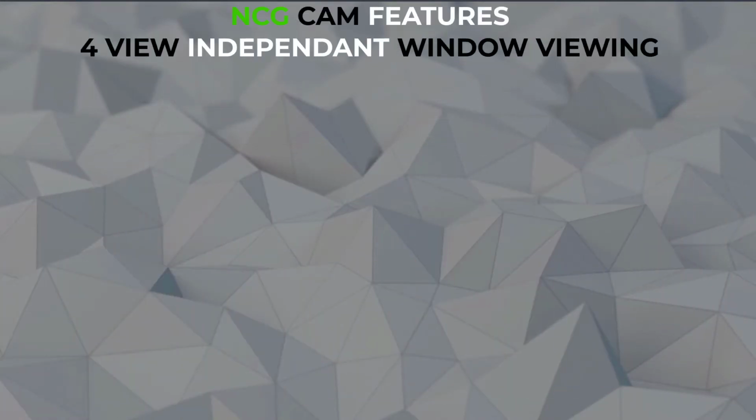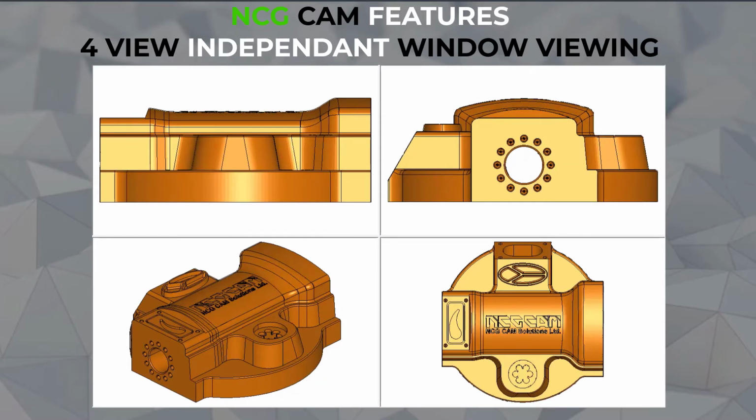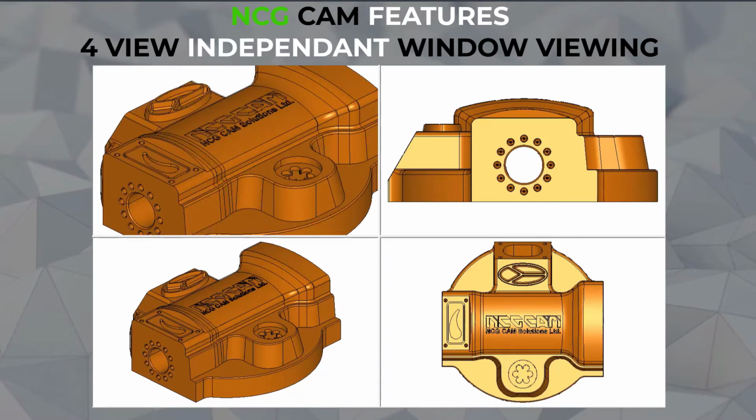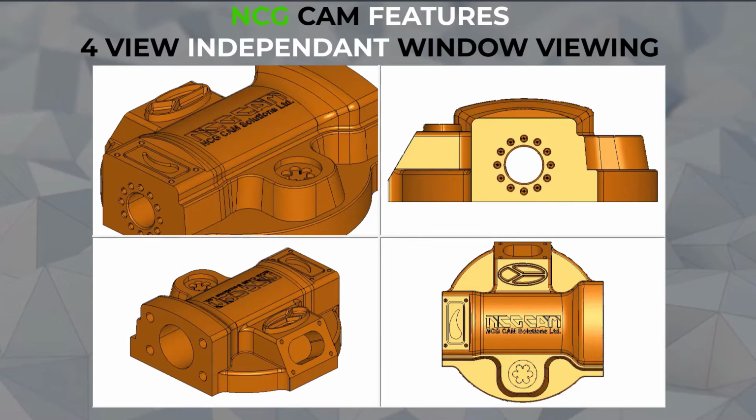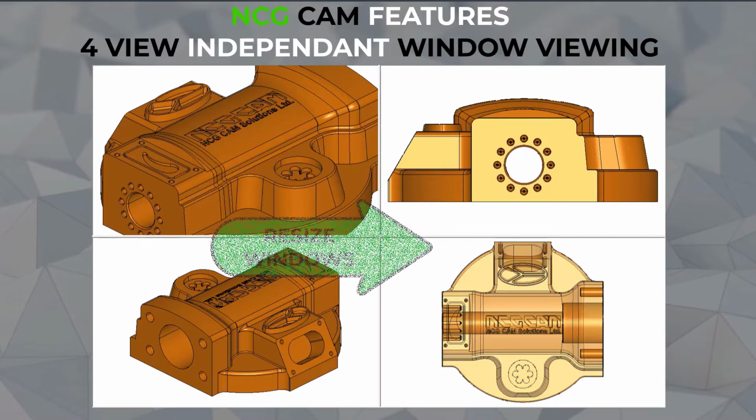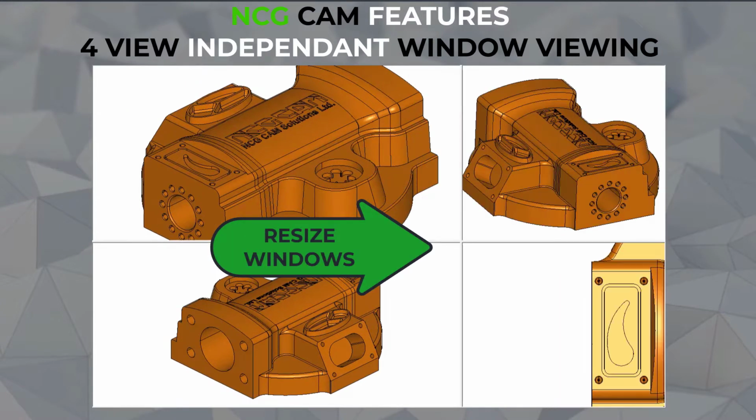NCG CAM has a very unique 4-view graphical window feature. Each window is independent of the other, and display rules set in one window do not apply to the other windows. Operator can have 4 separate analytical tools in each of the windows with ability to resize windows to your